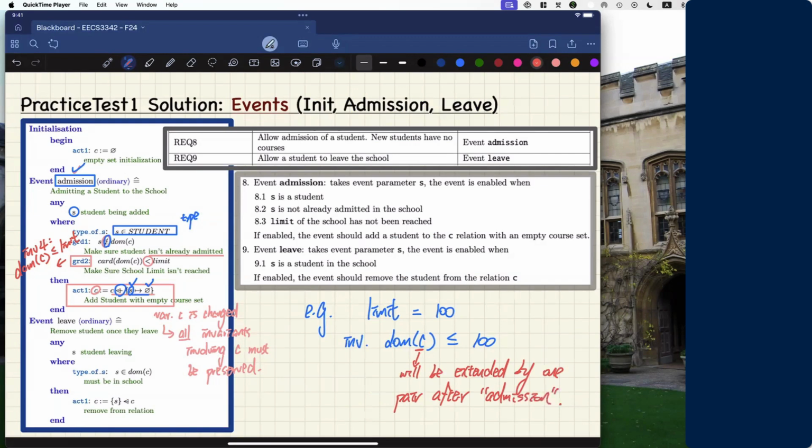Right? So now what we want to say is, what kind of guard should we put to make sure that after this extension, we can still satisfy this particular invariance, right? So now you want to think about, the way to think about this would be, if you put it here,